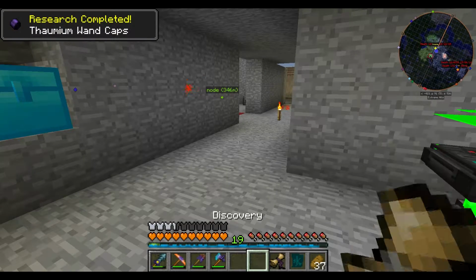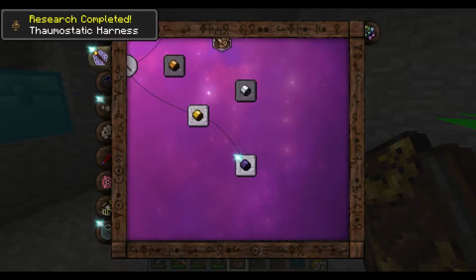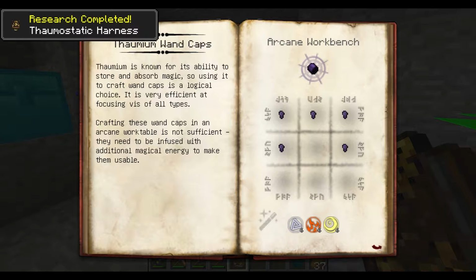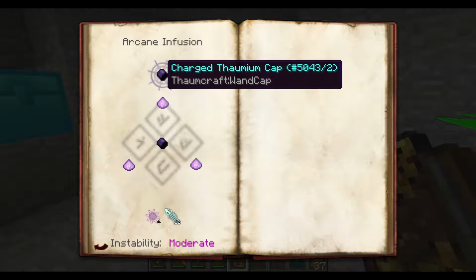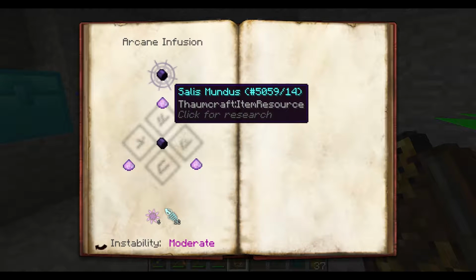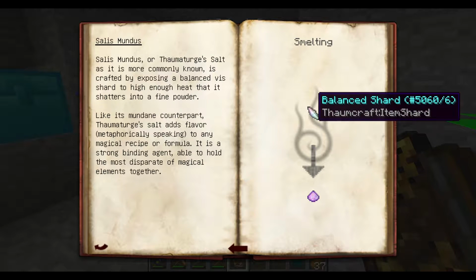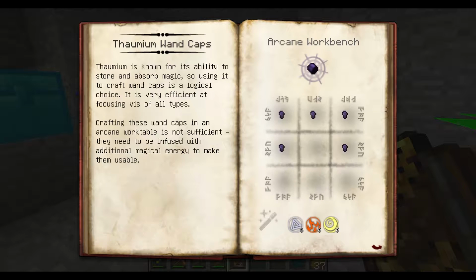So boom, we have boom and boom. Thaumium wand caps will basically allow us to have a lot more wand potential. However, as you can see, we have moderate instability because we have to infuse them to charge the caps themselves. So it's going to be slightly problematic. Making it to start with is pretty simple, but then we need Sal Mundus, I think, which is a balanced shard. Oh, it's just smelting a balanced shard. I believe a balanced shard is...